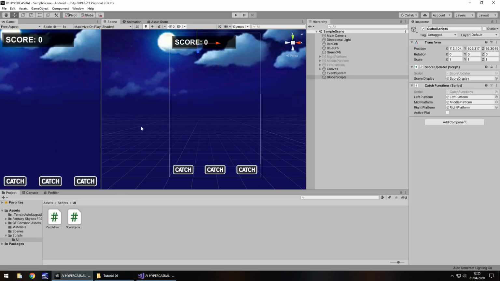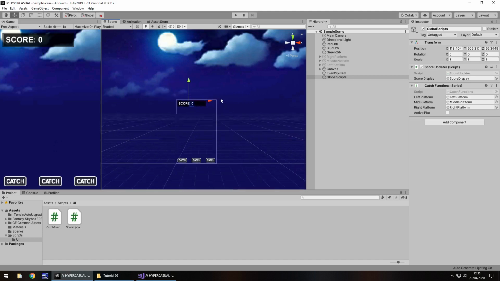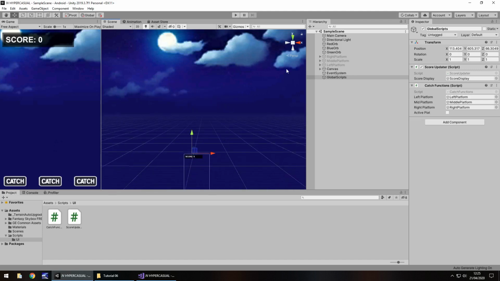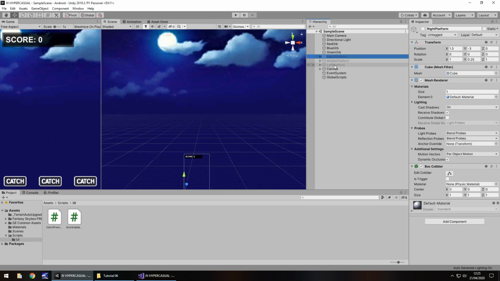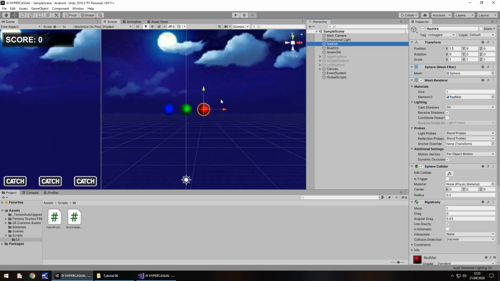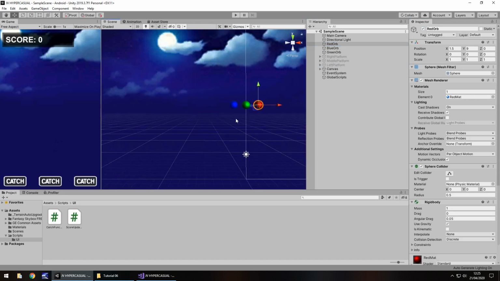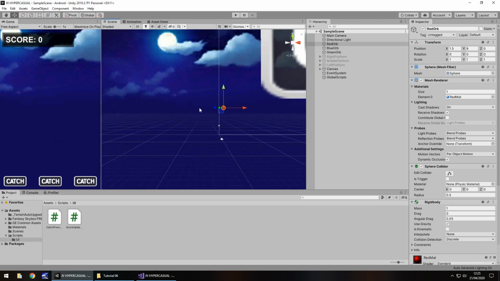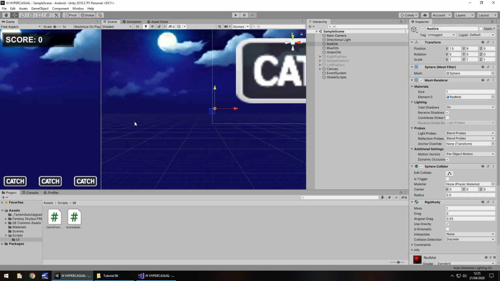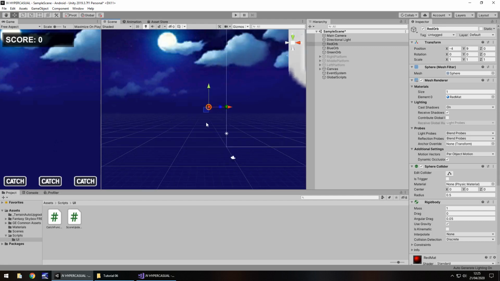So, next thing, let's use something called instantiate to randomly generate these particular orbs. The way that's going to be done is the 3 orbs that we have, we're actually going to store off camera somewhere. So I'm going to re-enable them all. Not the platforms, the actual orbs. There we go. So these orbs I'm going to keep off camera, because we don't need them on screen. They're going to be used to kind of store their actual item themselves. So I'm not really good at explaining this, am I?